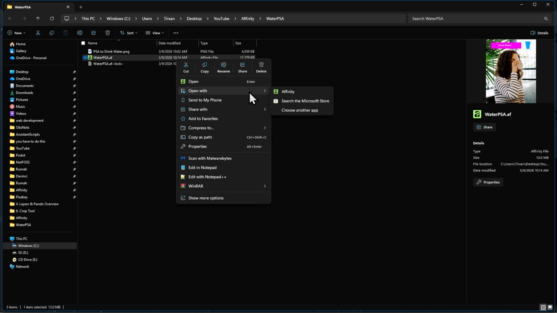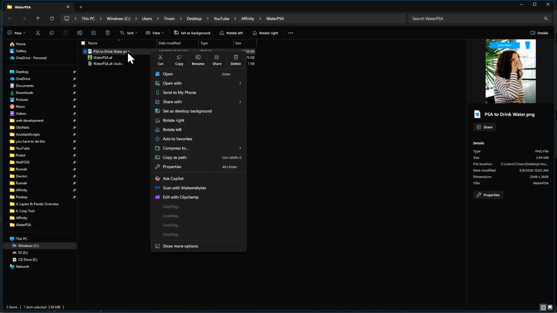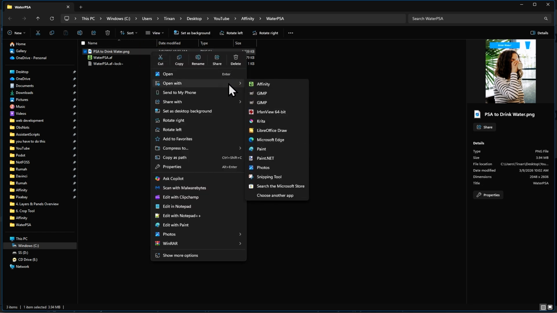And boom, going into open with, we can see that the only app we can open it with is Affinity. On the other hand, if we right click on this PNG file and go into open with, we have a lot of other options: Irfan View, Photos, which are both apps for viewing images.